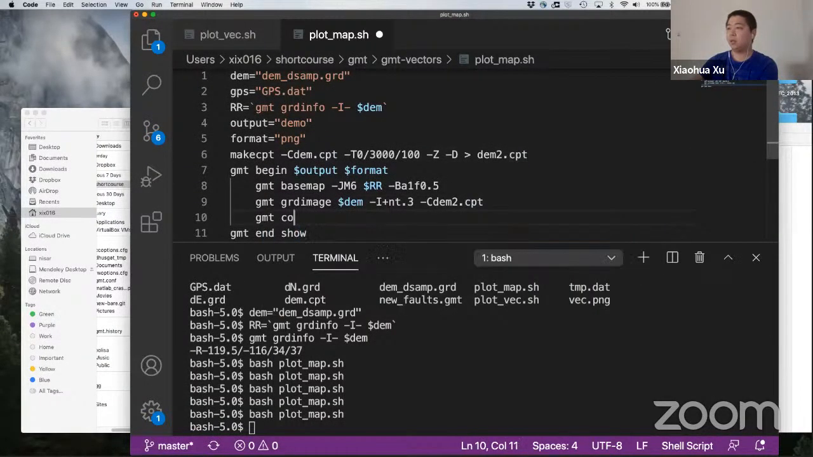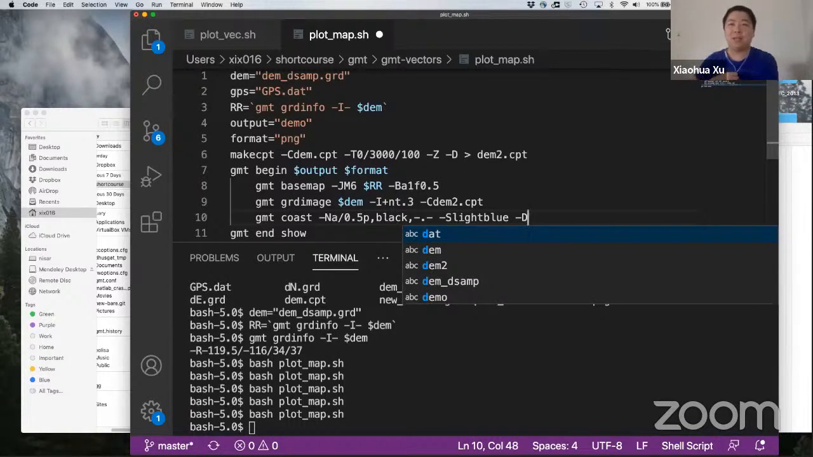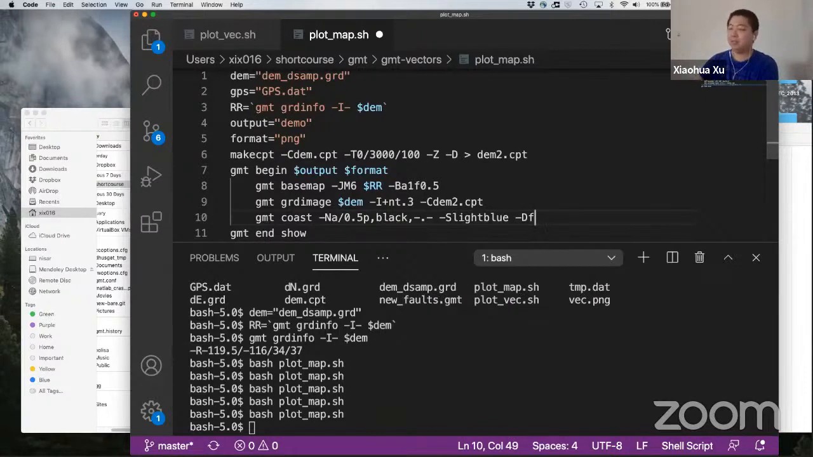So GMT coast. I want all of the boulders to be plotted as 0.5 pixel and black with dotted dash line. And I want to fill the water with light blue. The -D option allows you to plot at different resolution or definition. I want a full definition. If you save it